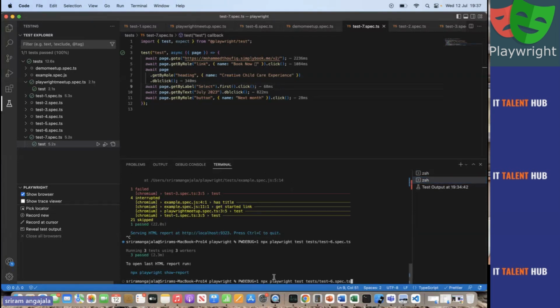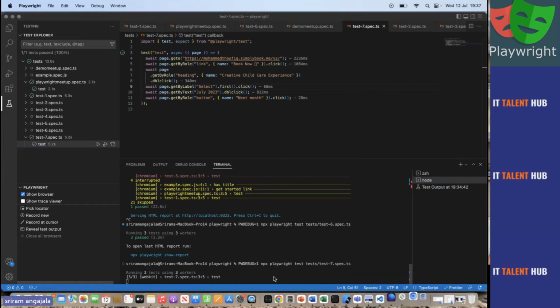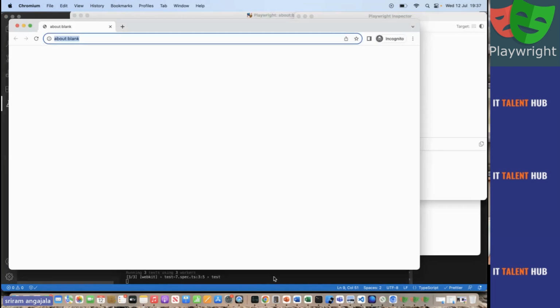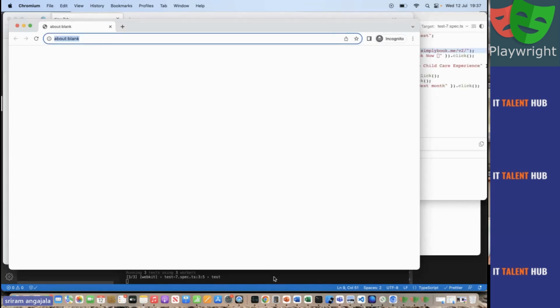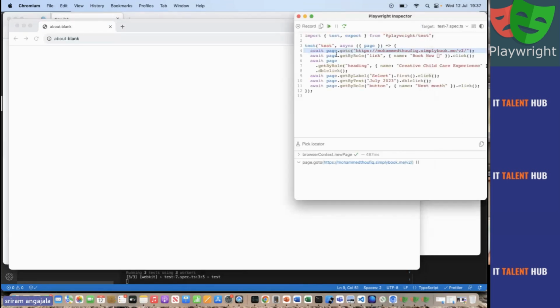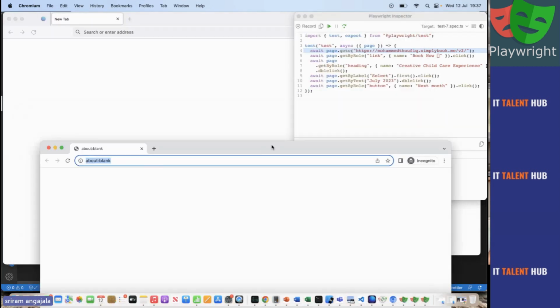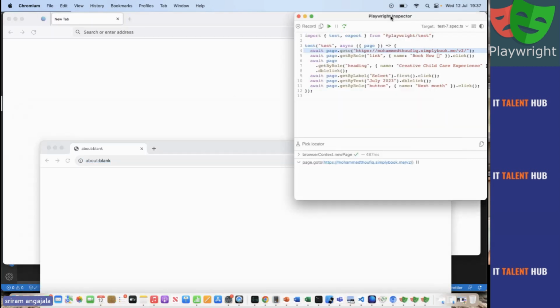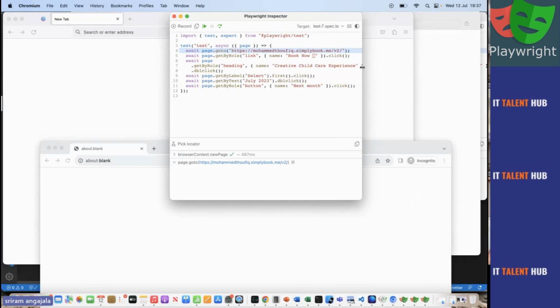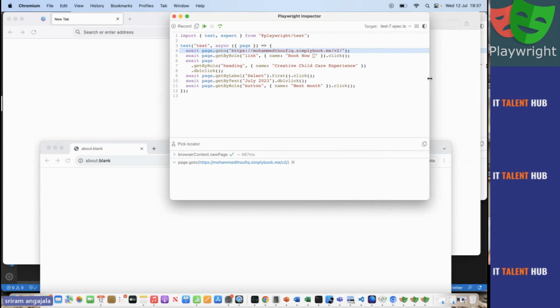It actually opens a kind of UI where you can see Playwright in action. OK, so see here there is a test runner. This is called Playwright Inspector. And what this Playwright Inspector will do, you can see here it actually copied the actual test that we previously have written.